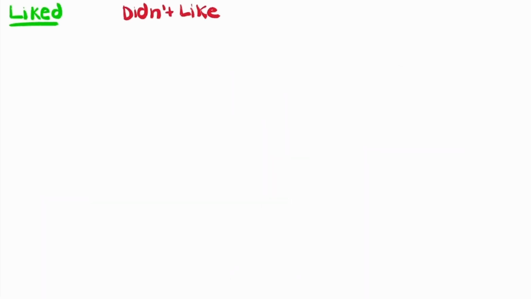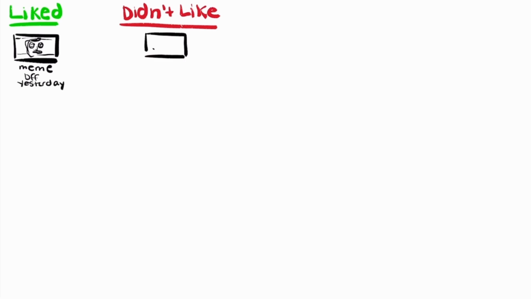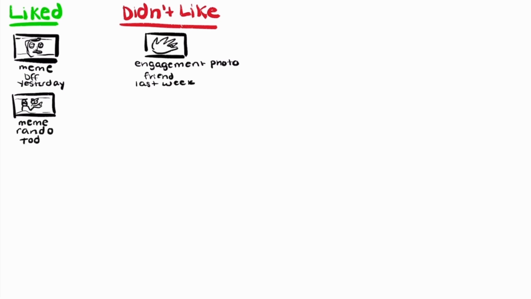So here we're going to very loosely follow the thought process of a machine learning algorithm. I'm going to show you some examples of things I haven't liked, and we're going to try and come up with plausible rules that might govern my behavior. In practice, a machine learning algorithm would look at thousands of examples, but let's just look at a few. So here are a few examples.